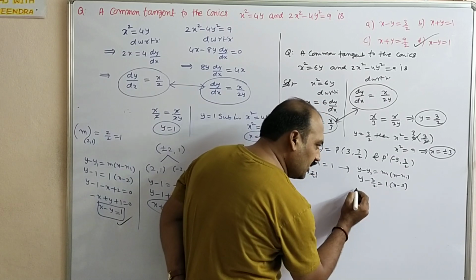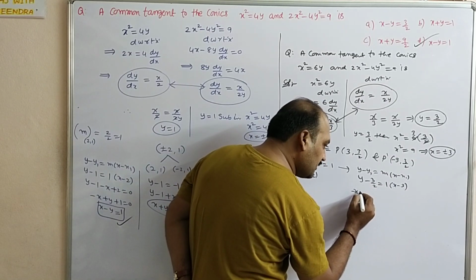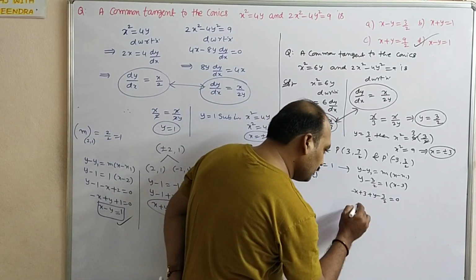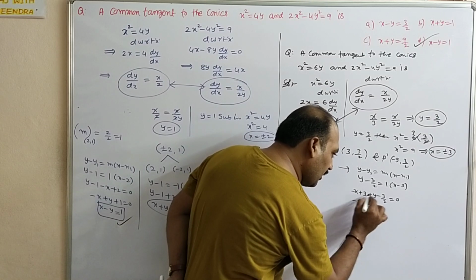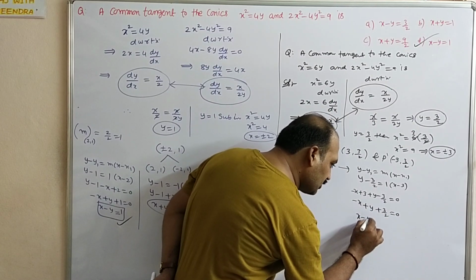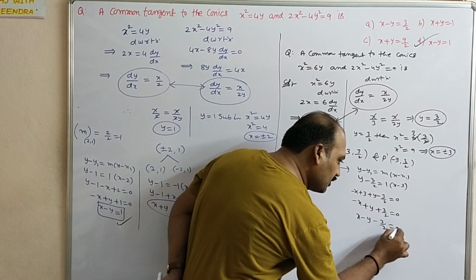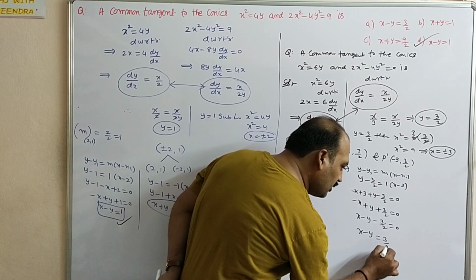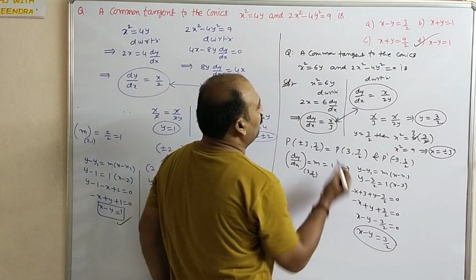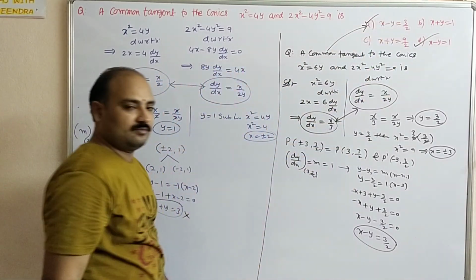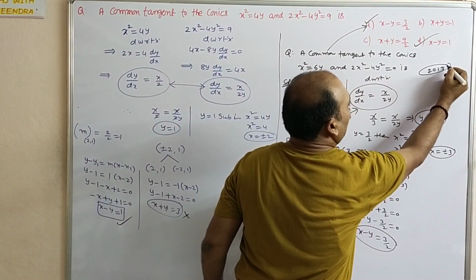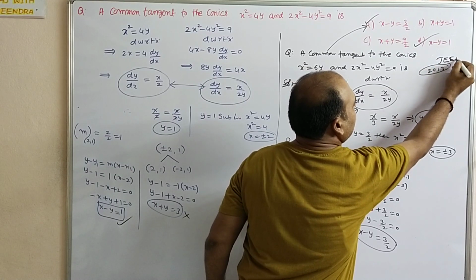So y minus 3 by 2 equal to 1 into x minus 3. So minus x plus y, 3 minus 3 by 2 is plus 3 by 2, multiplying by minus, x minus y minus 3 by 2 equal to 0, x minus y equal to 3 by 2. This is a common tangent, x minus y equal to 3 by 2, it is there in the options. For this question, this is the right option. Actually this question was given in competitive exams. I think it is the 2013 or 14 online exam, JEE Mains.